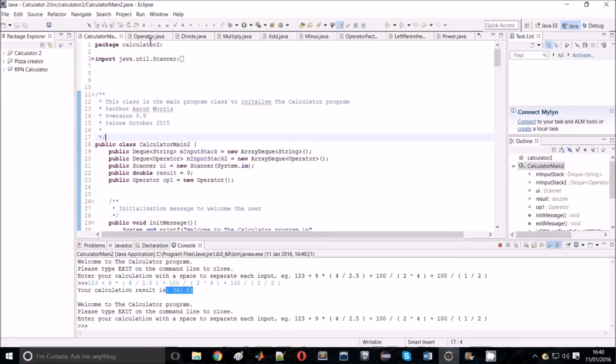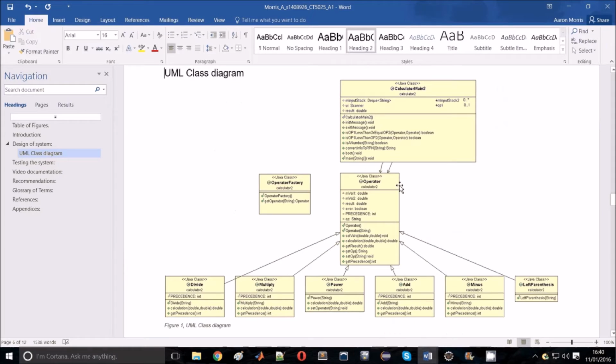To further understand the way that I've implemented this program, let me show you the UML diagram, the class diagram. As you can see, we have the calculator main here, and there is a class Operator, which is the parent class of these chosen classes, which are the separate operators that I use within the program. They're all related, as they have similar features. They all have a calculation method,